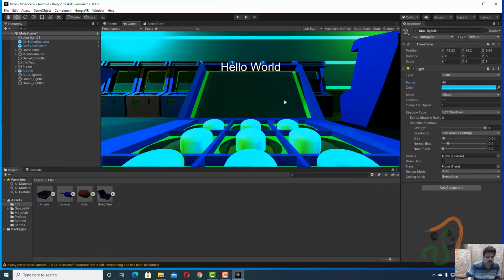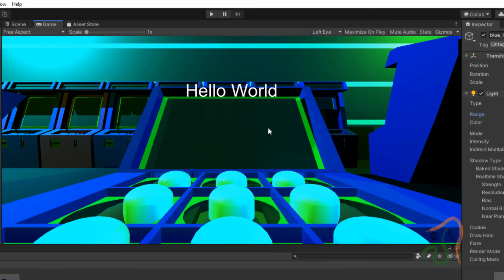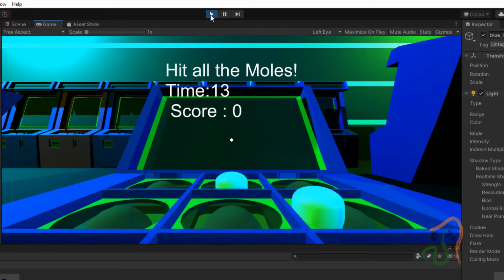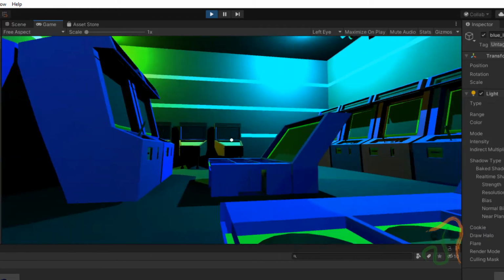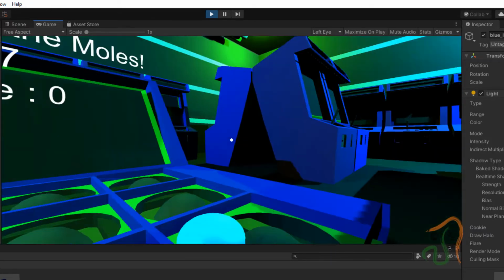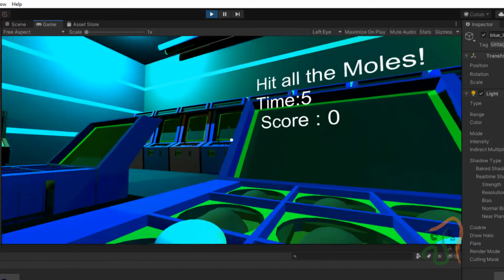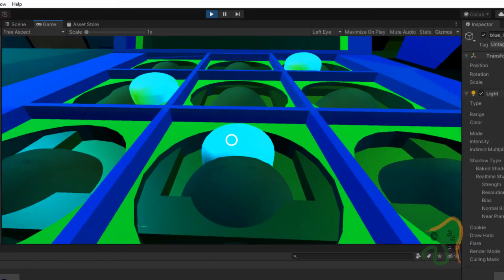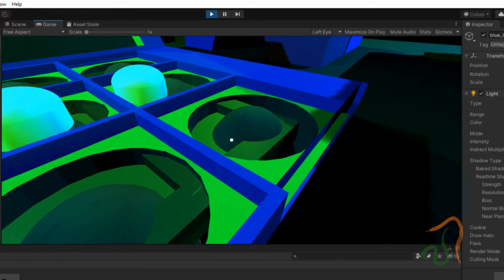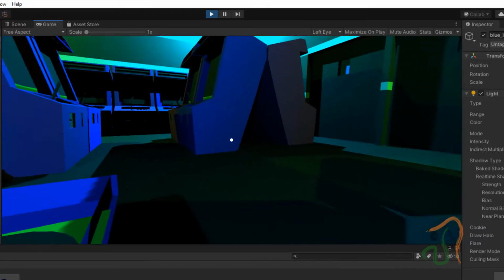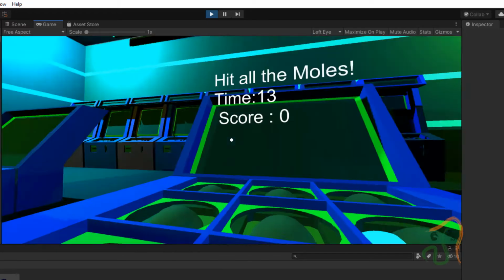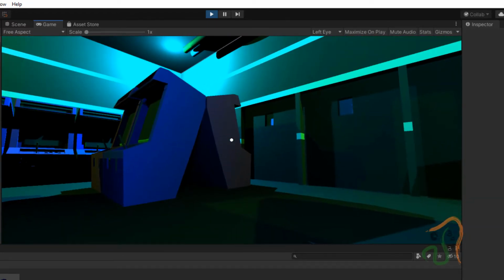So okay, we are seeing somewhat okay, this is appearing fine. If required, click the play button to see it in the game mode, press alt and look around. Okay, this is the arena that we are seeing around. This is somewhat fine. This appears like a gaming arcade as of now. Okay, this is fine. So whatever we are seeing now, everything appears to be somewhat fine. Okay, let us stop the playback.